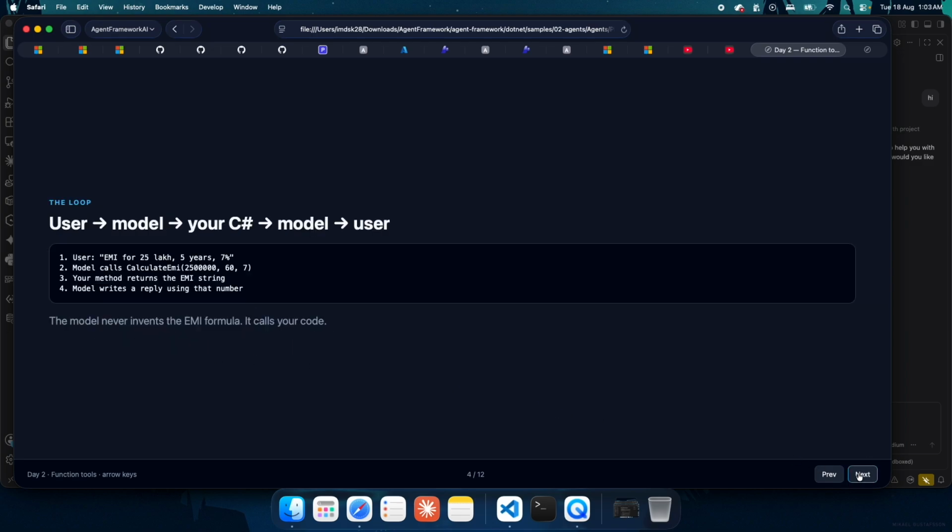back to the LLM. If you see how this loop works, a user invokes the model, and the model identifies that it has to invoke your C# code, since the user is asking for an EMI. Once your C# code is executed, it returns the response back to the model, and the model understands the response from your method and then phrases the user message. What it wants to send to the user, it phrases in a good format and sends to the